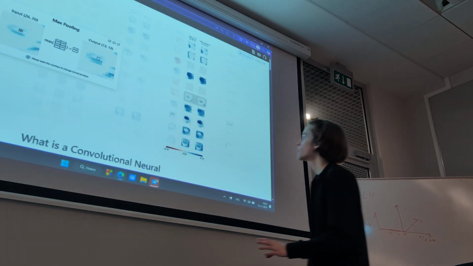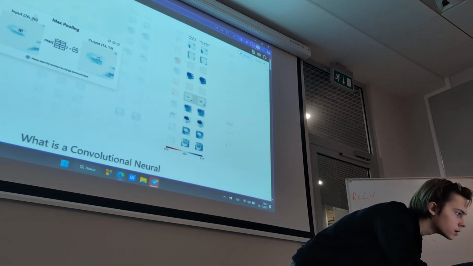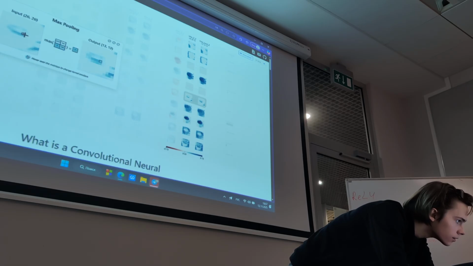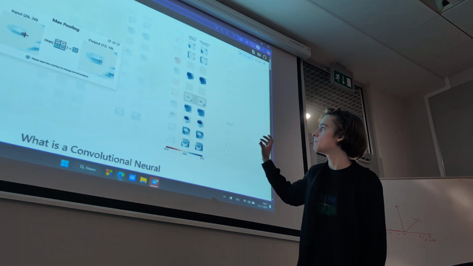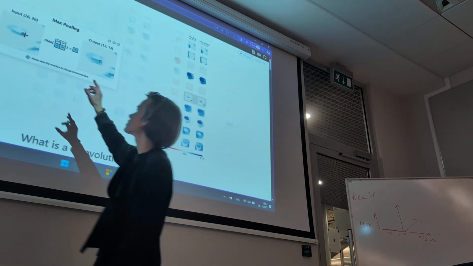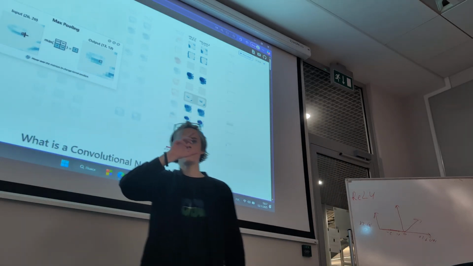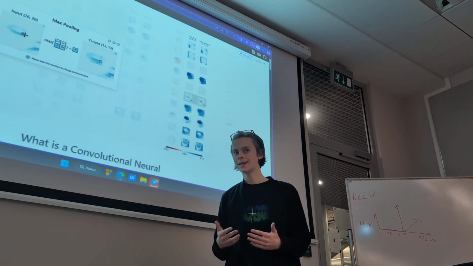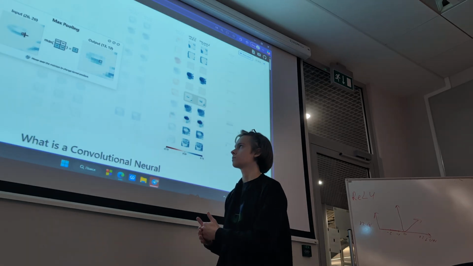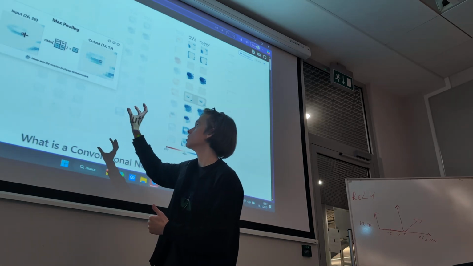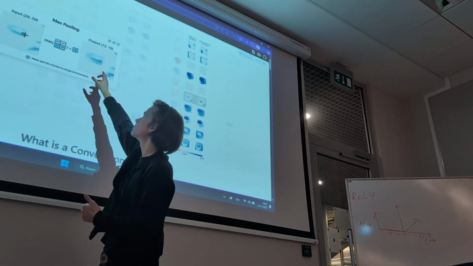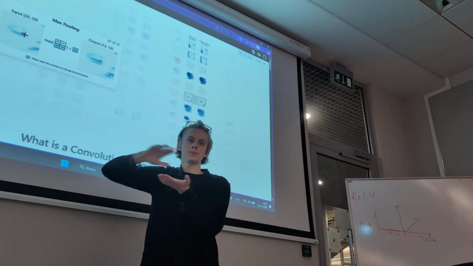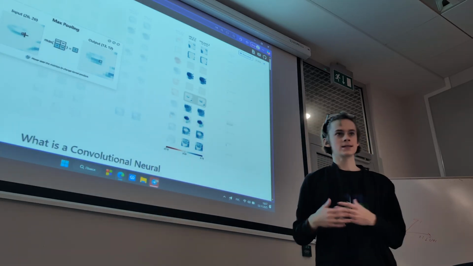For example, if we would use here not the max pooling, but the average pooling, we would just sum these things up and divide them by 4. Because the average pooling is that you take the average of the kernel, not the maximum value. So the average would be, for example, 1.3. So it would be less blue, for example, here. So it will not extract as many